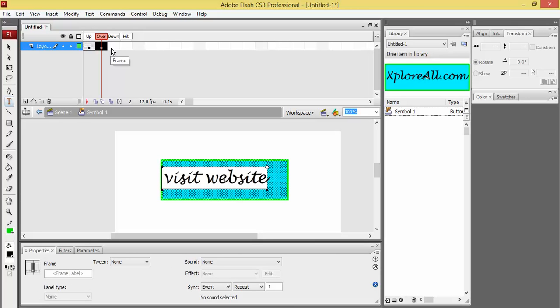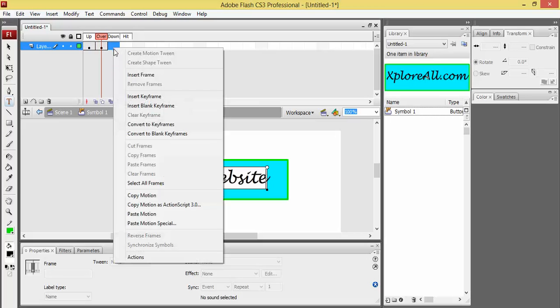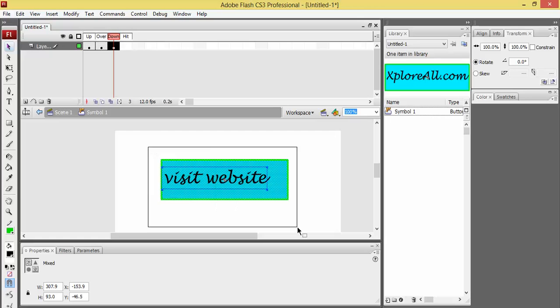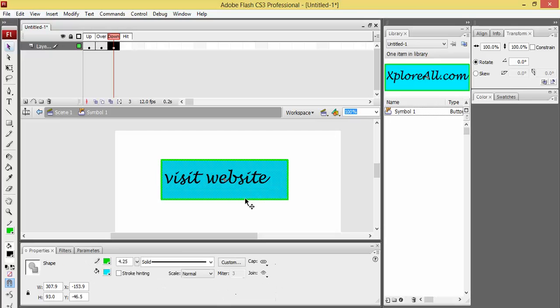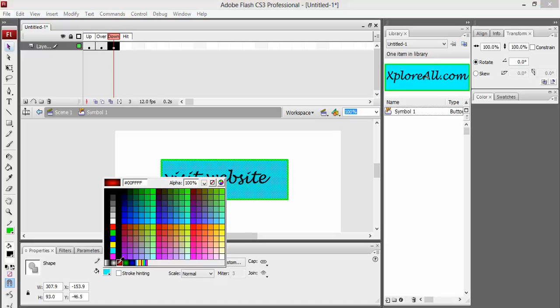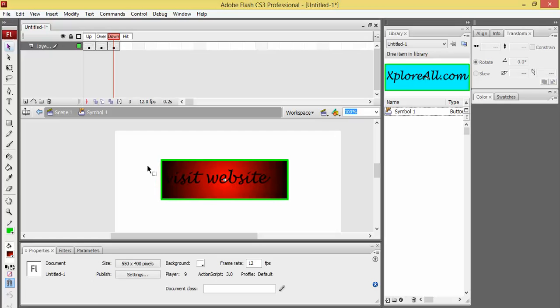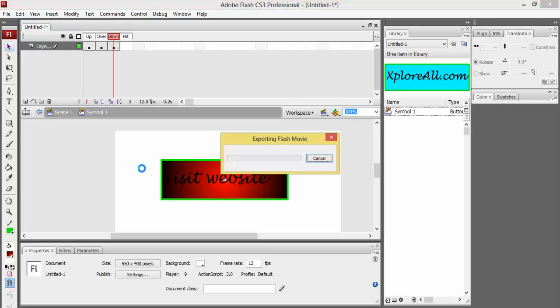Next I will go with down. Right click and insert keyframe here, then select that button. Suppose I want to change the color, I will change it to red. That's it. These are the three things, and let me press Control Enter.